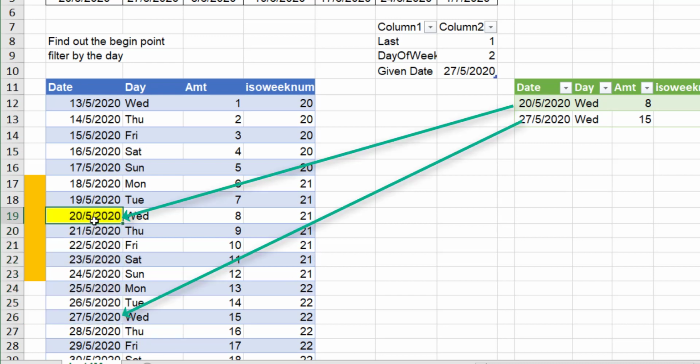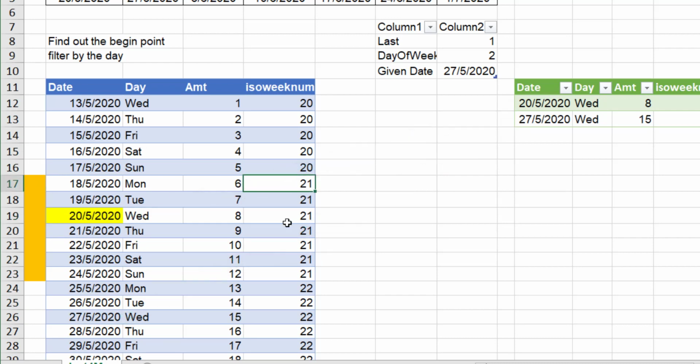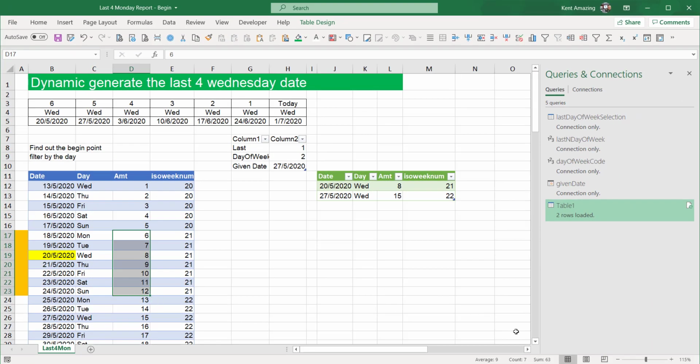And now I'm interested in the Wednesday that falls under this week. What is the total that falls under this week? Okay, if I take a look, total here, the value is 63. So how to get that? The weekly total for these that fall under this Wednesday. I want to know this in Power Query. How to do that? We will explore that in the next video. We're going to use the start of the week functions and